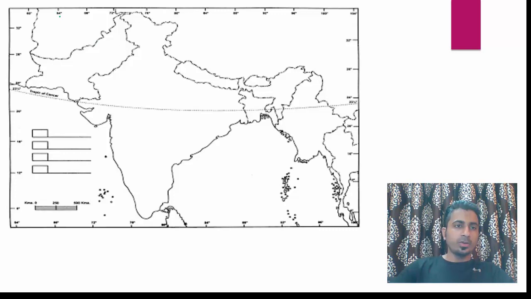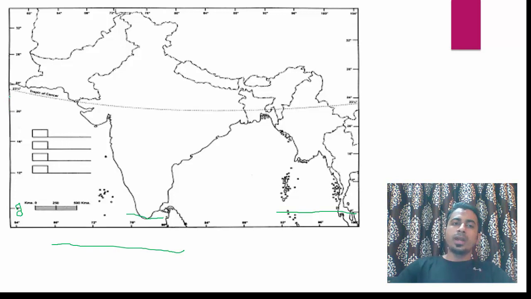It has given the latitudes and longitudes. These are the longitudes in the north and south, and in the east and the west are latitudes. So this is written 8 degree. It is not clear, but I will tell you it is written 8 degree, and 8 degree passes through almost the south of India around this mark, and it goes through Andaman and Nicobar Islands. Okay, so this gives you a brief idea that the equator is to the south of India, somewhere around here. Okay, so the latitude and longitude are only to give you an idea of the location of a place.